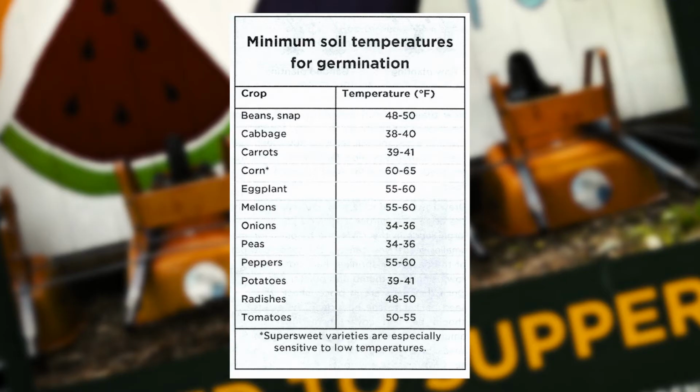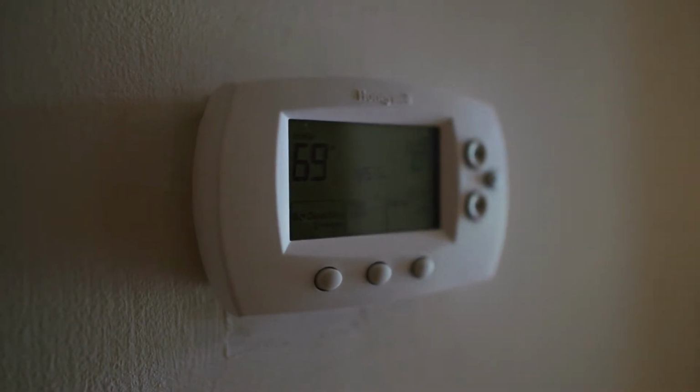Speaking of heat, one final factor to consider in germinating seeds is temperature. Seeds will germinate at a variety of different ranges depending on the crop itself, but all crops have a specific ideal range that they germinate at. Refer to this chart, which is in Chapter 3 of your Seed to Supper manual, in order to see the minimum temperature that a variety of different crops need to germinate. There are other places where you can look to find the wider range that those crops need to germinate, including not just the minimum, but the maximum as well. The temperature that most people keep their houses at will work just fine for germinating most seeds, but it's still important to pay attention to that ideal range when thinking about where to put your seedlings in your house. For example, heat-loving tomatoes will want to be in a really sunny, warm place and not sitting next to a